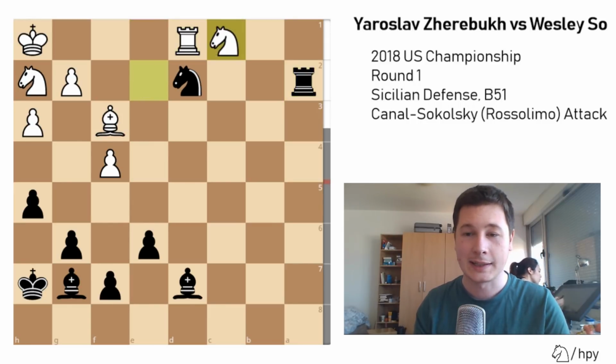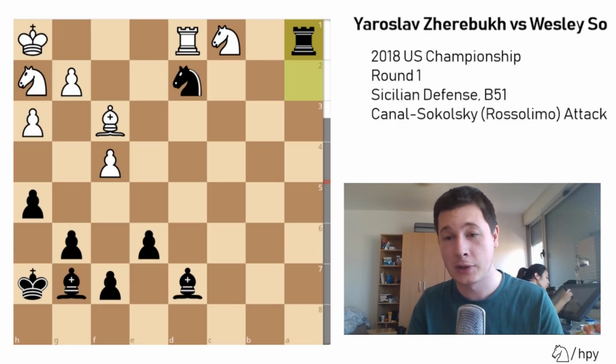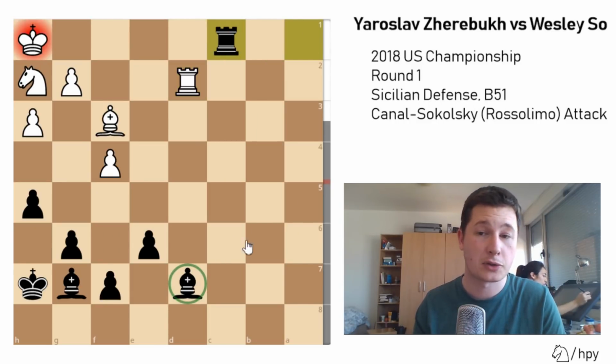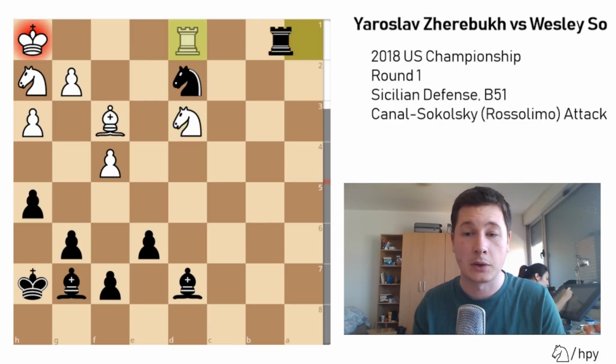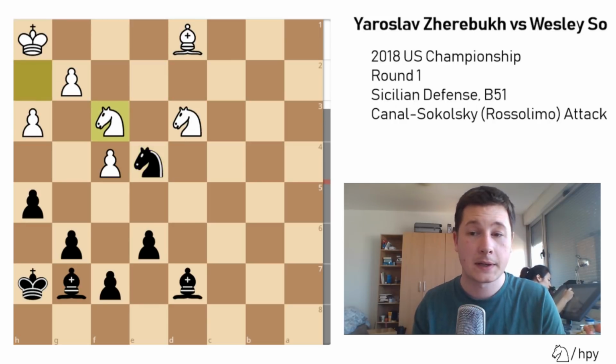Rook to a2, knight to c1, and now rook to a1, pinning the knight to the rook and definitely initiating an exchange. And now in this position, if rook takes d2, rook c1 would be with check, so the bishop isn't hanging. So after rook to a1, Zherebukh had to exchange more pieces. He played knight to d3, and now rook d1 check, bishop d1, knight to e4, knight to f3, bishop to